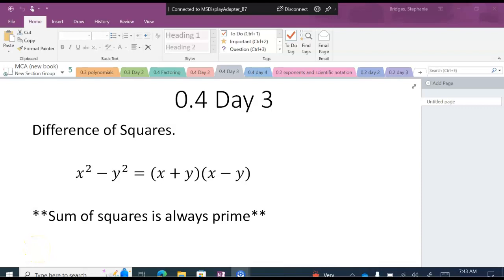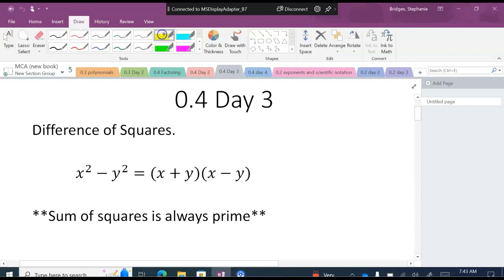Okay, so again, it is called a difference of squares, and the pattern that we use is listed here. First of all, it's going to look like this. Two terms, okay, so a binomial. Both have to be perfect squares, and it has to be subtracted in order to use our pattern. And if they are both perfect squares and subtracted, then we can use this pattern here,